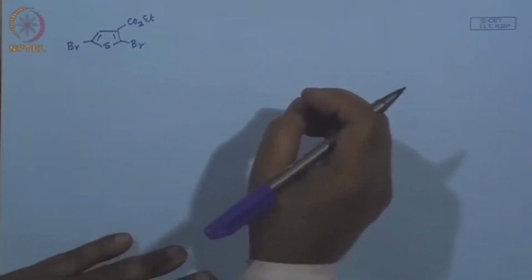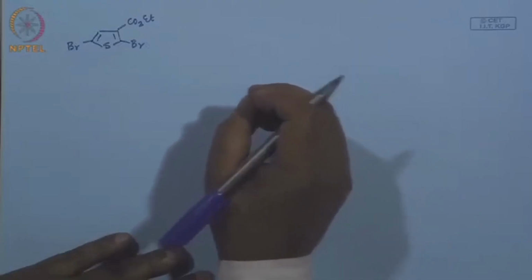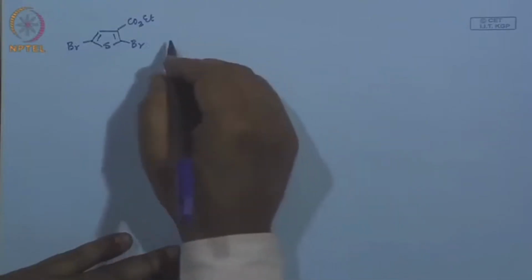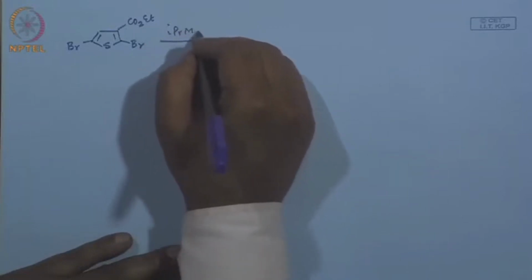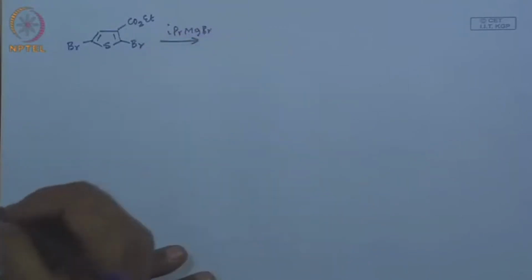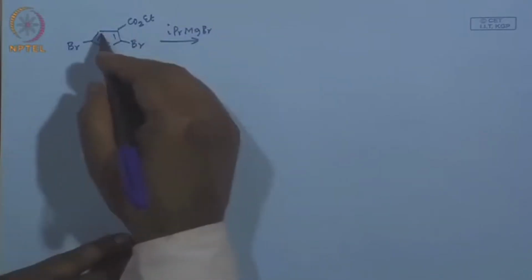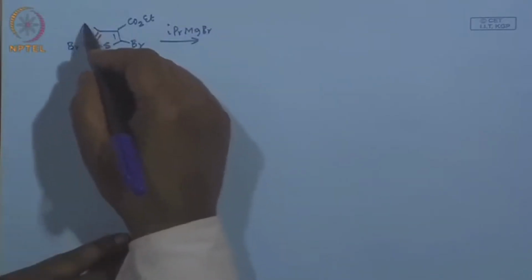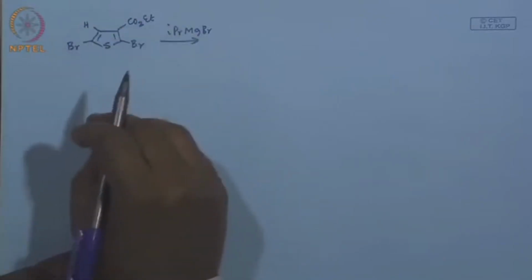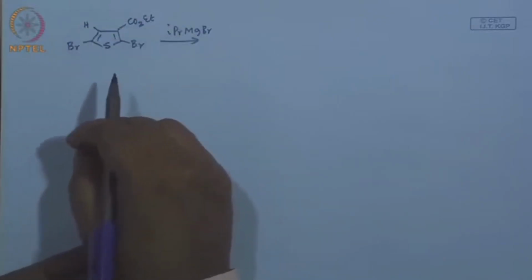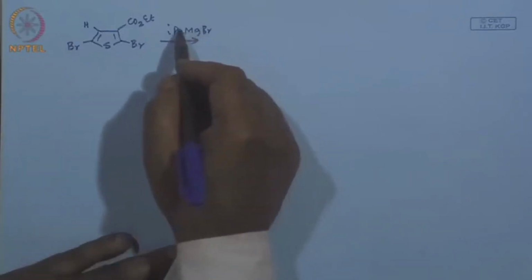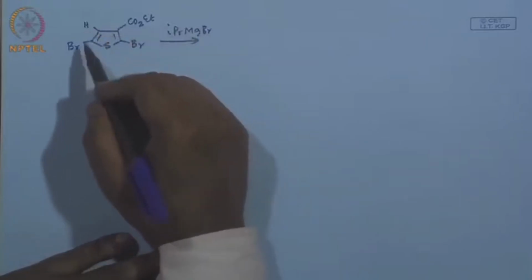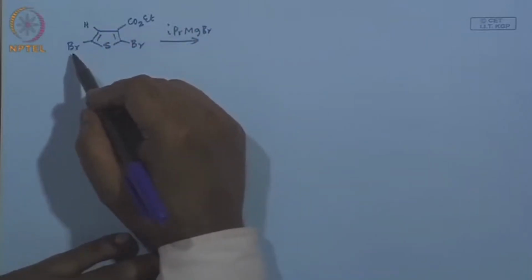If you recall, in the previous case the thiophene magnesium chloride was made by deprotonation. In this case you take isopropyl magnesium bromide. There is a possibility of deprotonation because you have a hydrogen up here and all these things, fine, and so many things can happen. It can do deprotonation, it can do the halogen exchange,